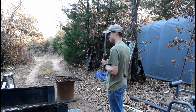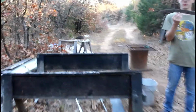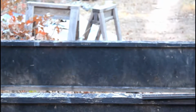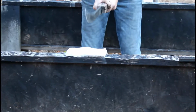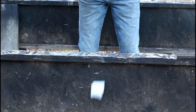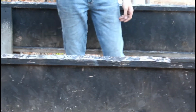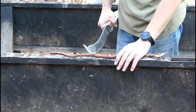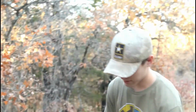So we finished the sword. Yeah. And now we're going to test it on things. So we're going to put some stuff on this sawhorses. And we're going to chop them. Right. Chop. Eli's going to cut through that piece of styrofoam. 3, 2, 1, chop. Oh my god, he did it. Completely obliterated it. Wow. Alright, I'm gonna chop through this root. And more like smash through it than...